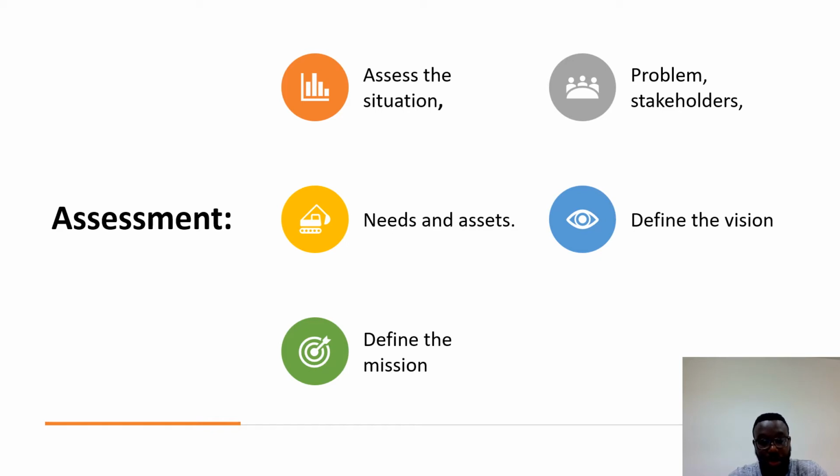So you consider all the needs, the things that you are going to need to be able to execute this project. And also when you think about that, you also think about the assets that are available to you. What are the resources that you have that can help you facilitate accomplishing your mission for this program? Okay, so when you have done this assessment, at this point you begin to